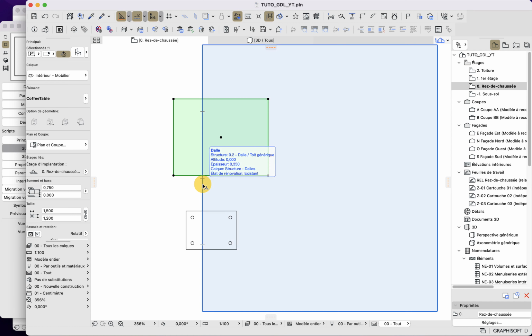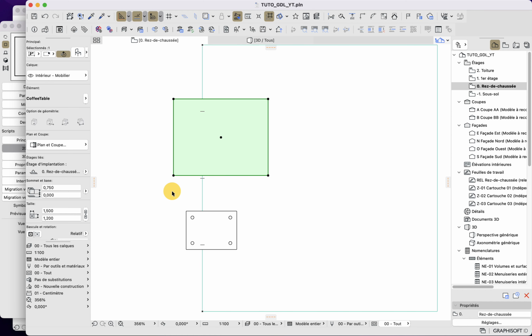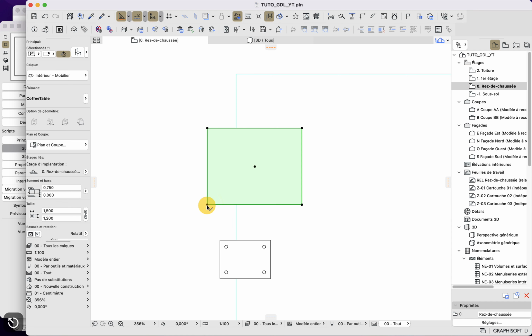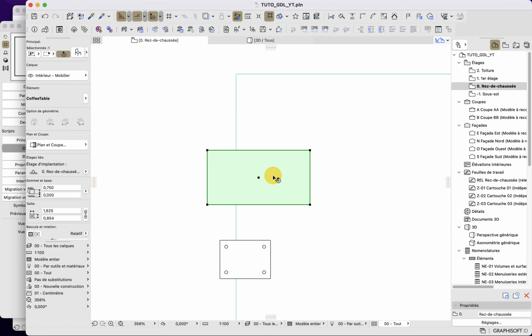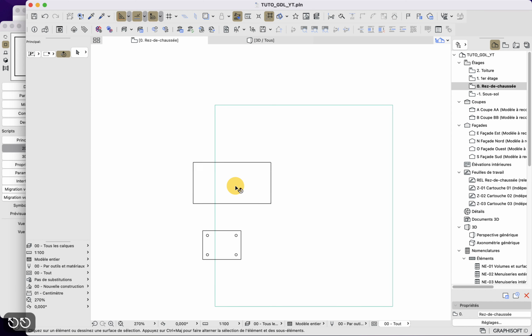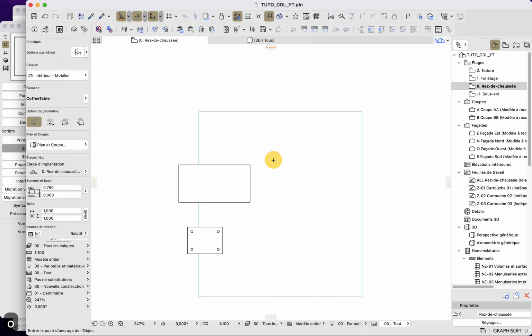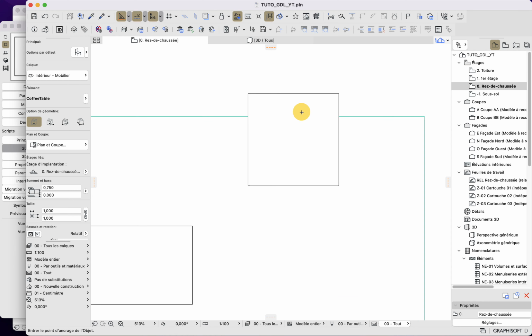The last thing that we will do in this video is talk about hotspots. You can see those 5 dots here, which are hotspots and serve as dynamic resizing. But not only that, they also serve to place our object. For example, if I use my object tool and place my object, you can see that it is placed by the bottom left corner. I can choose, for example, for it to be placed by the middle, because that's where you usually place furniture.